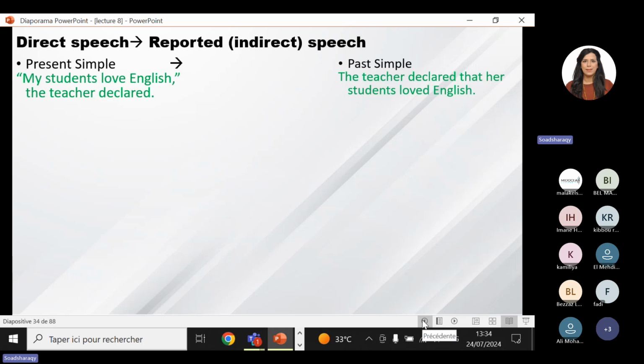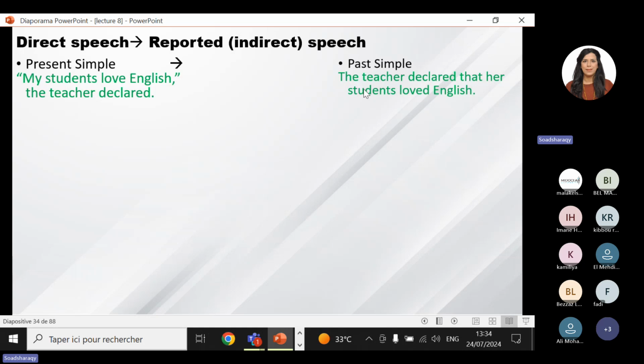Practice time now. Direct speech, reported or indirect speech. Okay, so the first example is already done for you. Sentence number 1. I read the example. My students love English. The teacher declared. So here, as you see, the verb is in the simple present tense. Reported speech, we, of course, use the past simple. And the answer is,